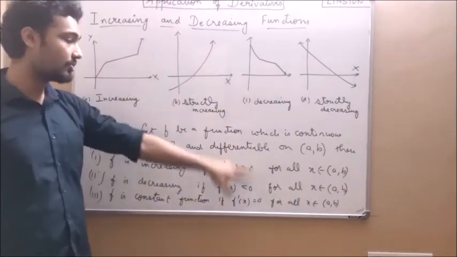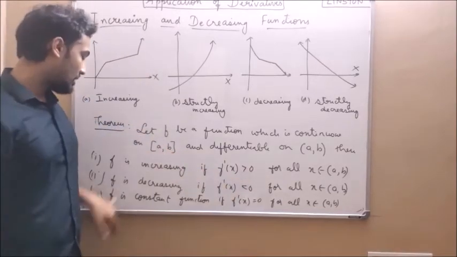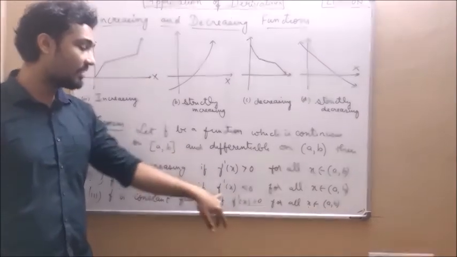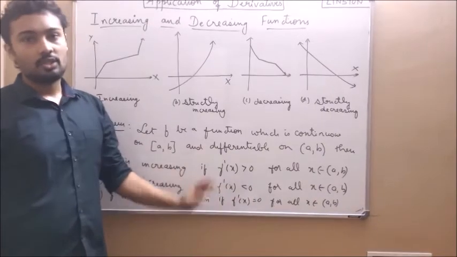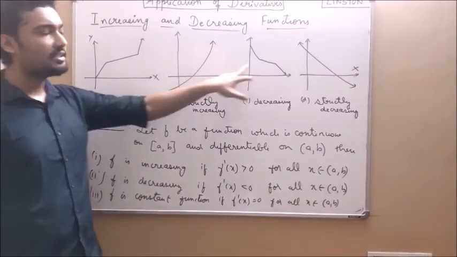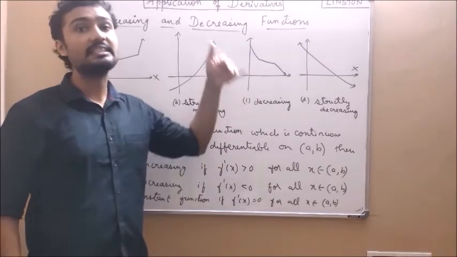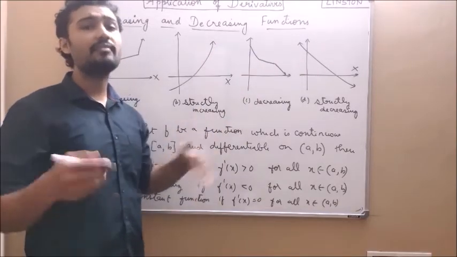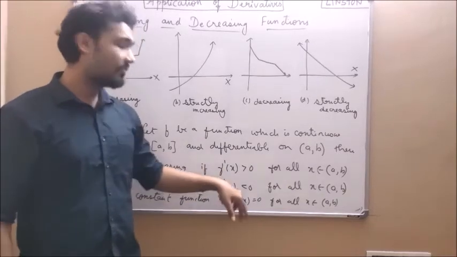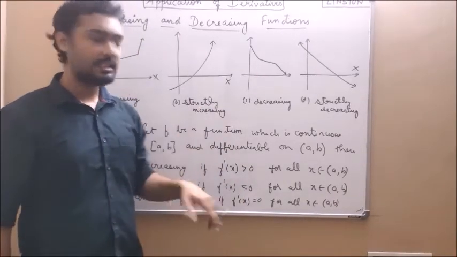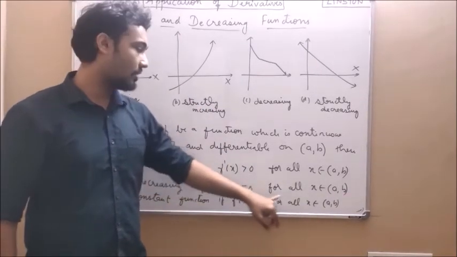Obviously, if the change is positive, then the function is increasing. Next, f is decreasing if f dash of x is less than 0. So again, obviously, if the function is decreasing, its change is negative. If the change is negative, less than 0, that we have done in the rate of change. So if the function is decreasing, then f dash of x is less than 0 for all x